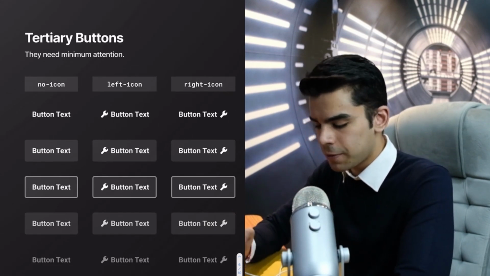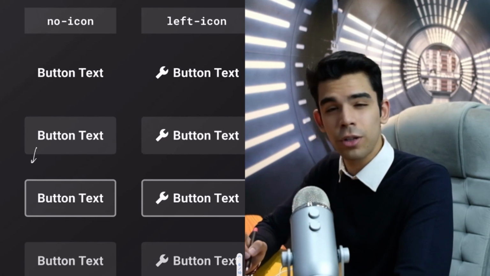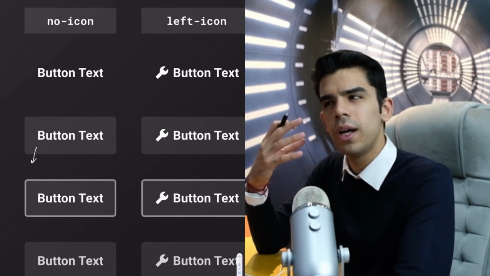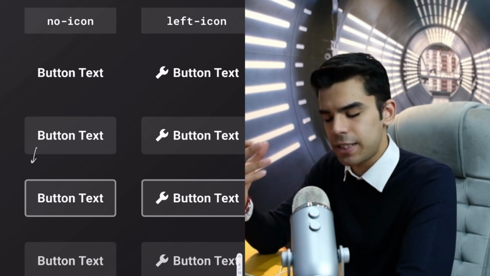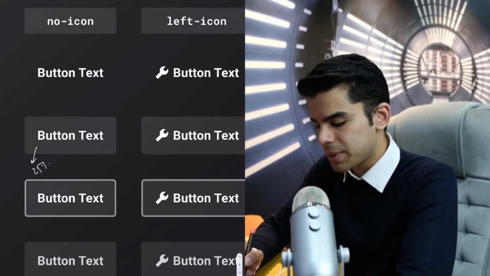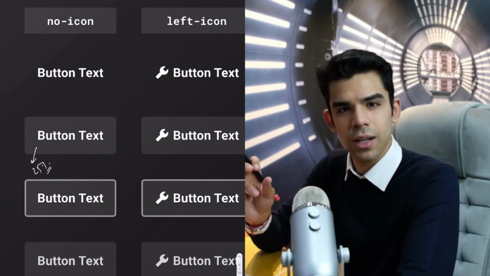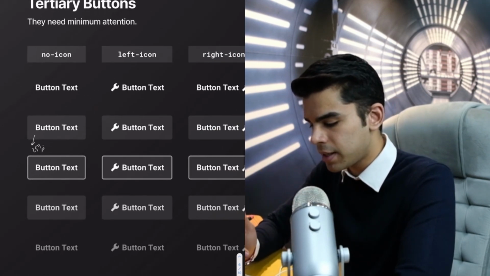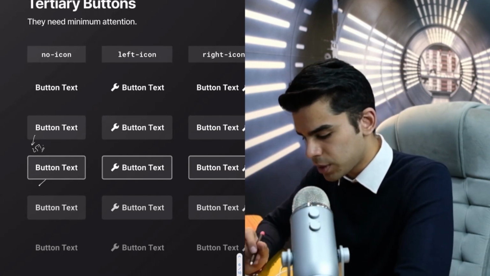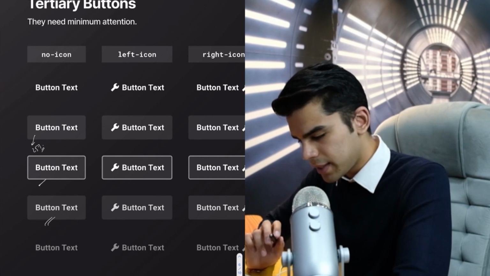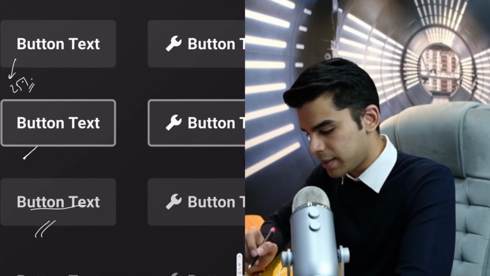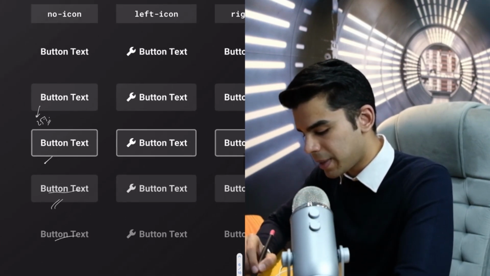But when you talk about hover state, you can probably have a fill but not a stroke, simply because a stroke is more jarring. It grabs more attention. So you can probably have a 25% opacity white, or you can have a subtle color for your hover state for your tertiary button. Then I think this is the focus state. I think this is the clicked state, because I can see that the button text is at a lower opacity, and here is my disabled state.